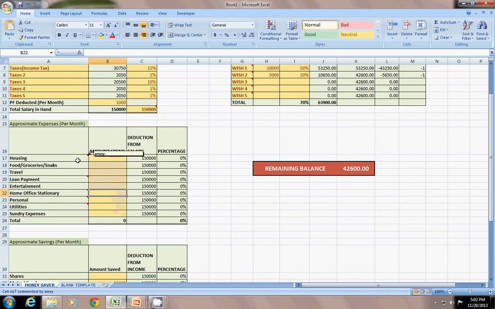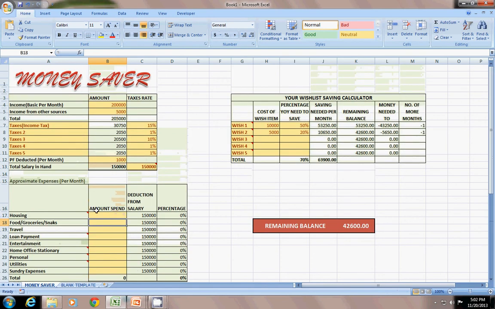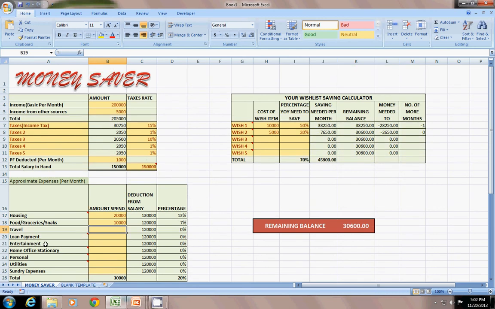For housing, as a rough figure, I spend some 20,000. Then it's 13%. It automatically calculates what percent you spend. Then for food, grocery and shelter, I spend about 10,000. Then for travel, about 12,000.